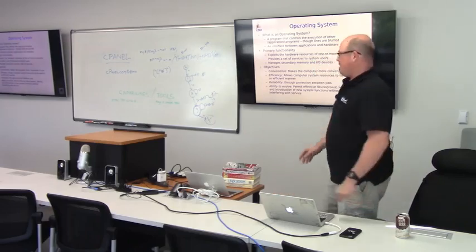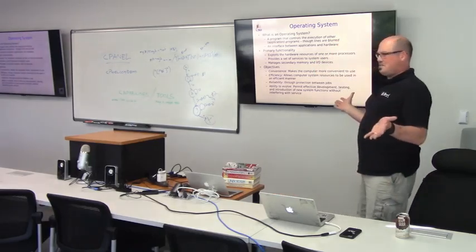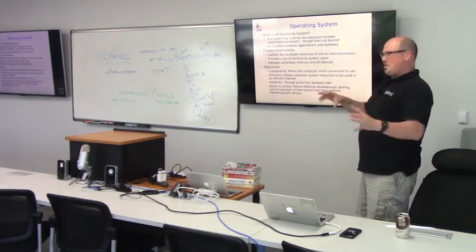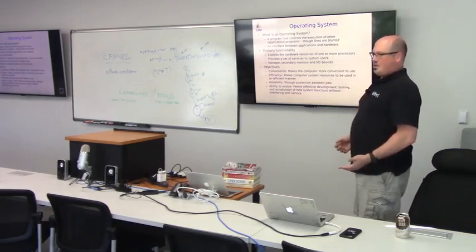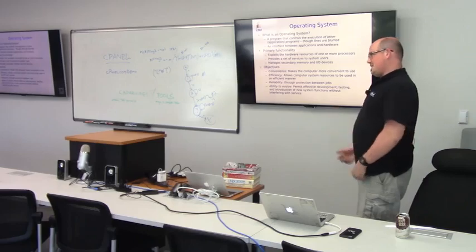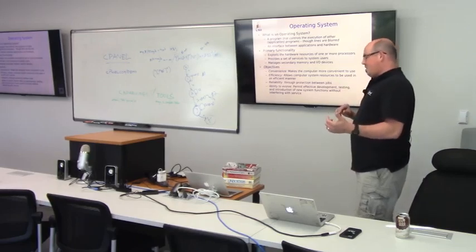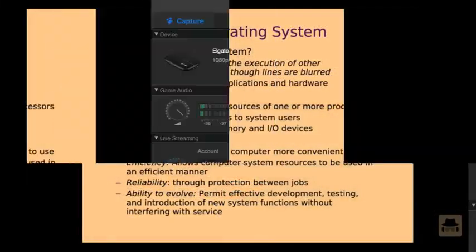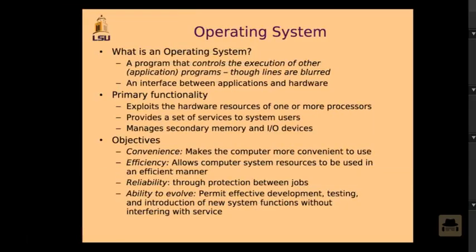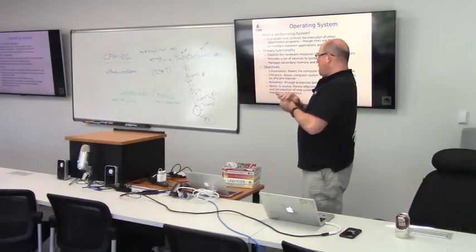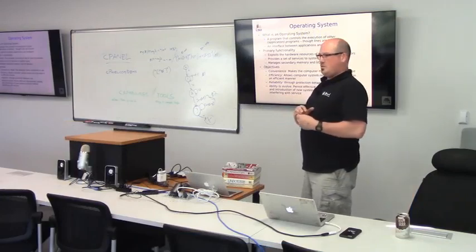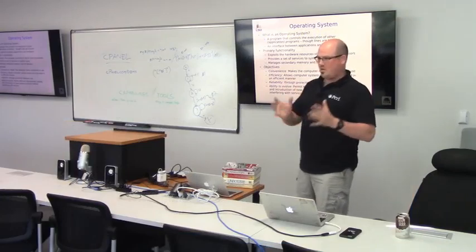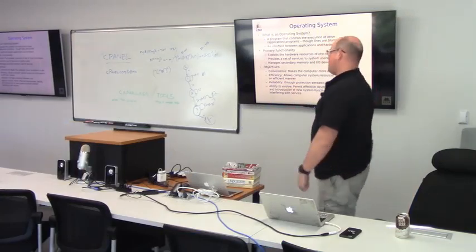Okay. A little bit about operating systems. The operating system is the program that controls all the other programs on your computer. These days with virtual machines, it's kind of clouded as to what the operating system is, but at the time of writing this, I think Bochs was available. That was really the only virtualization that you would have on x86, but most people didn't use it, and you really were dealing with an actual operating system on the bare metal machine. So that's what we're talking about.